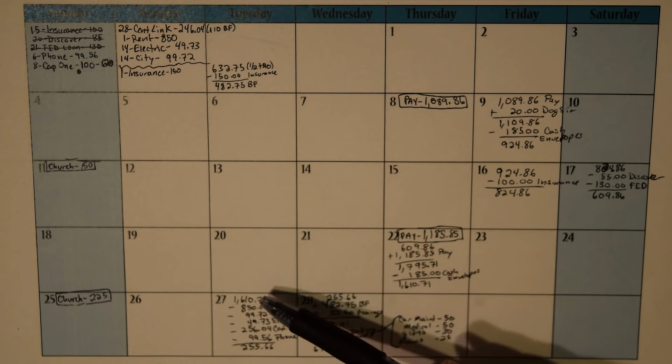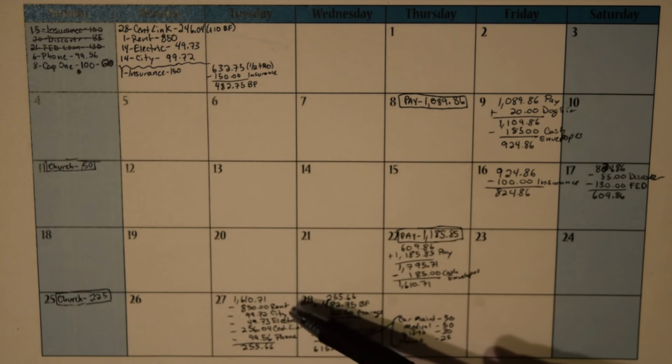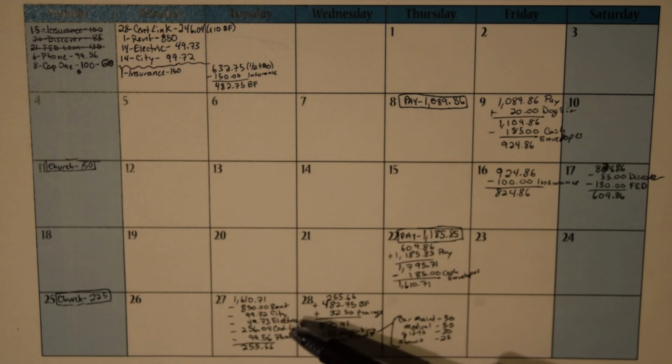So we go over here, $1,610.71. I had to pay my rent, city, electric, CenturyLink, and my phone. So rent was, of course, $850. City this month was $99.72. Electric is $49.73. CenturyLink was $256.04, which an extra $10 was my boyfriend renting a movie that he shouldn't have. So that got added on to his bill. And then $99.56 for the phone, leaving me with